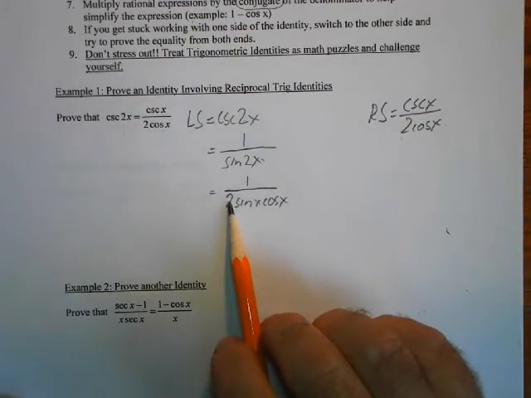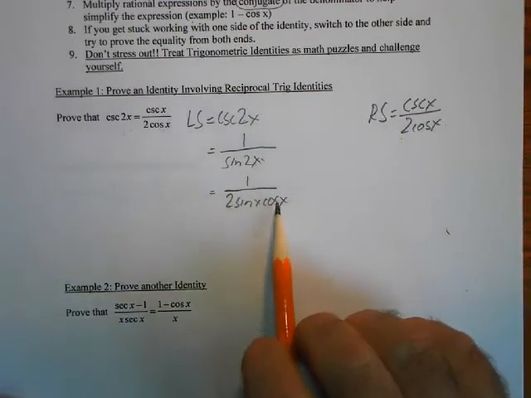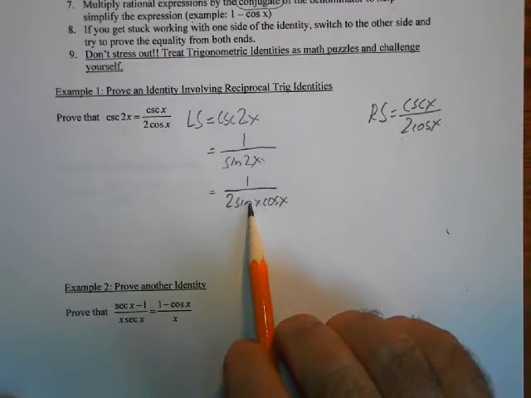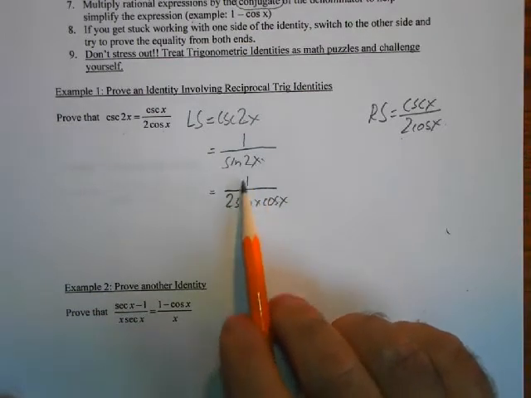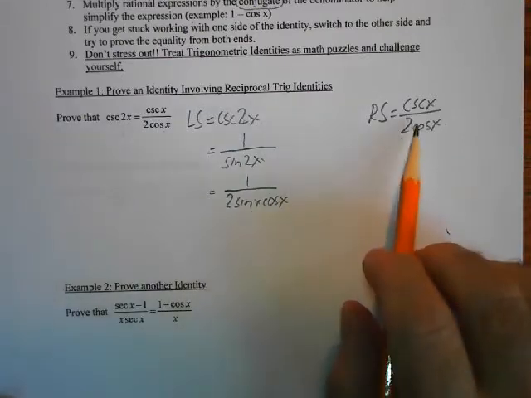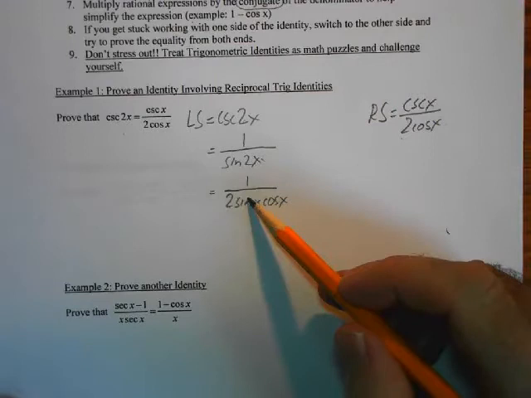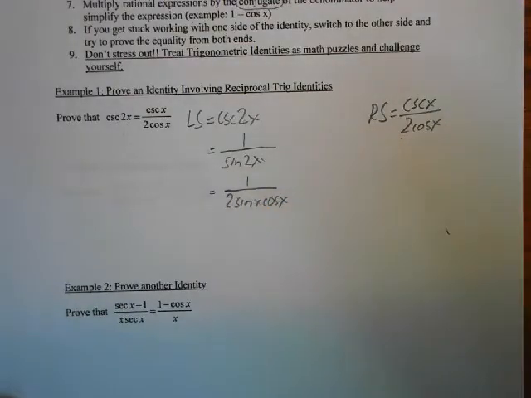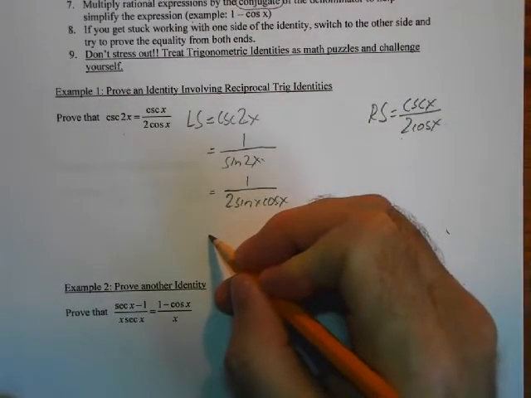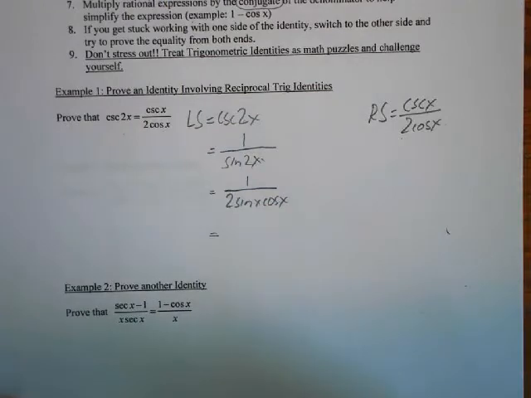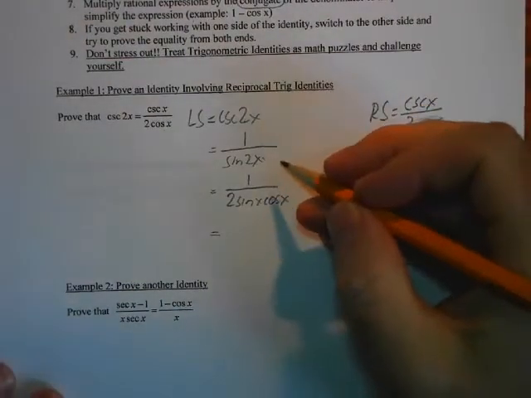I want to keep that. There's a cos on the bottom. I want to keep that, but I've got 1 over sine here compared to cosecant, and then the light bulb might go off and say, well, 1 over sine is cosecant. So what I'm going to do to make this obvious, and this is something we do fairly often, I'm actually going to